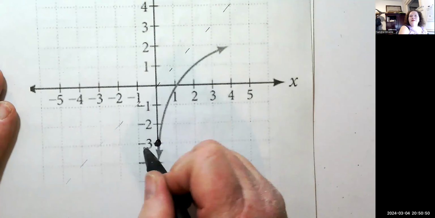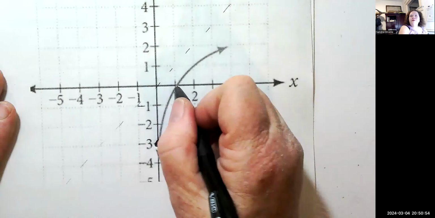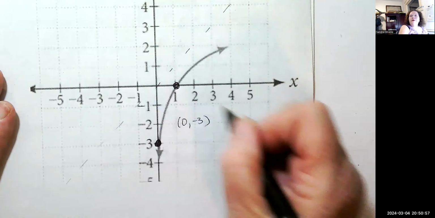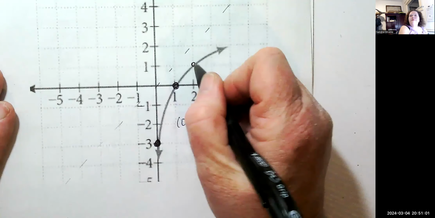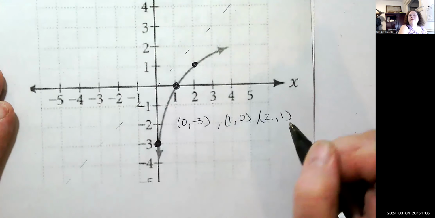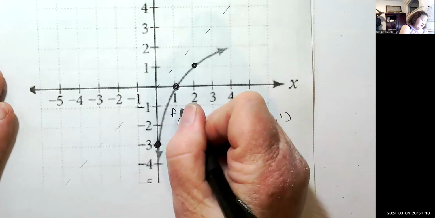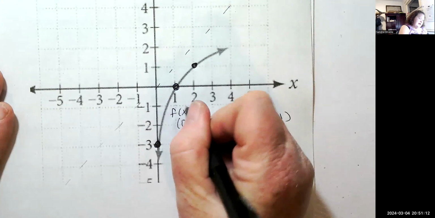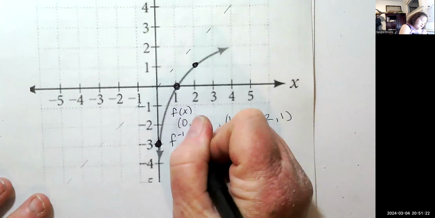So I can see that this is 0, -3. And this one looks pretty solid. 1, 0. This one looks pretty solid. 2, 1. All right. So this is my f function. So my domain for my f, just by looking at these three, consists of 0, 1, and 2. So my inverse is going to be